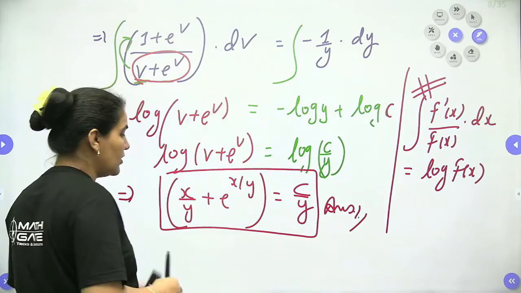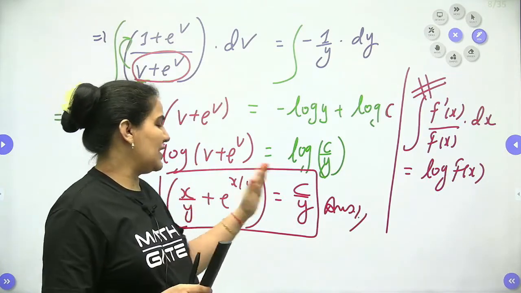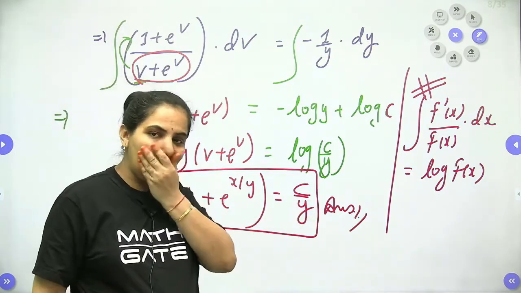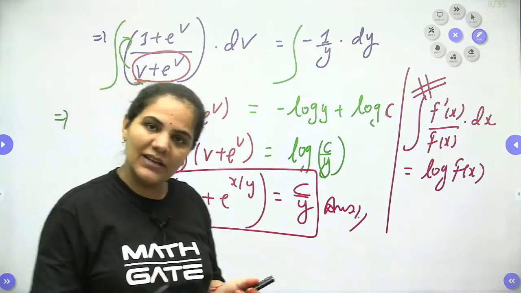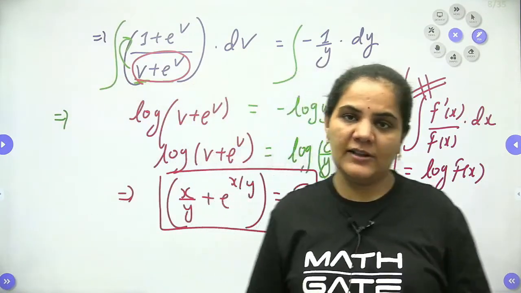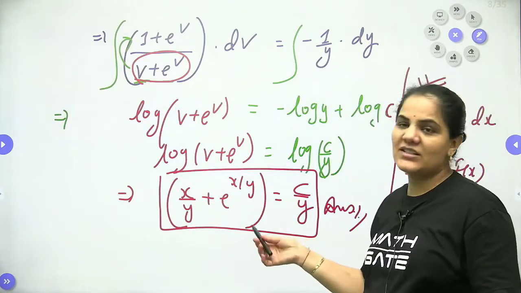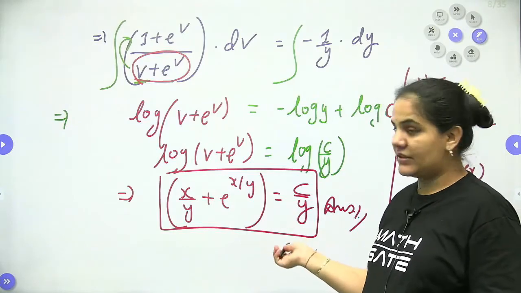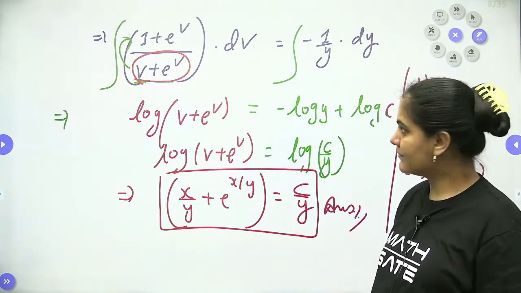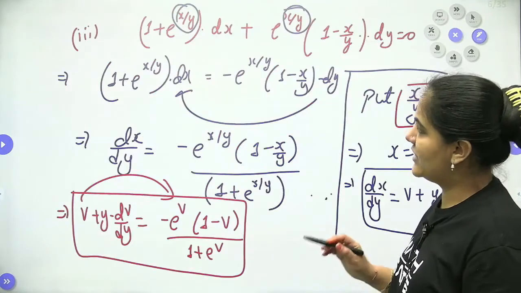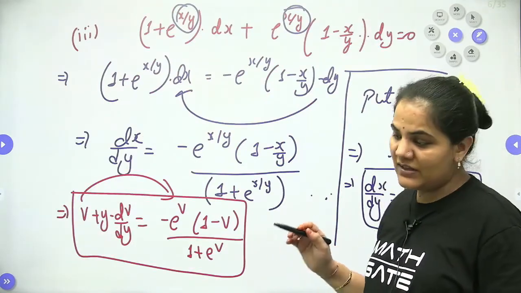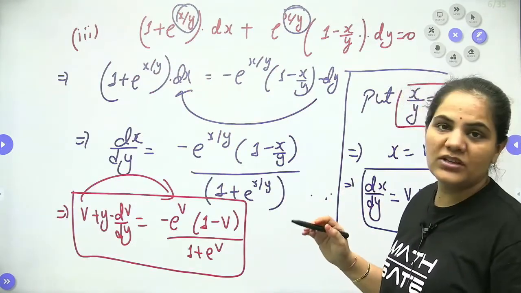Whenever we have options, we can change the answer according to the option. More and more, if you want, you can take x by y together and then also apply. But according to me, you can leave it here only, because we don't have options. According to the option, we can change the form of the answer. Done. So I think it's clear to everyone. So that's why this is a very, very good question to approach, dear students.